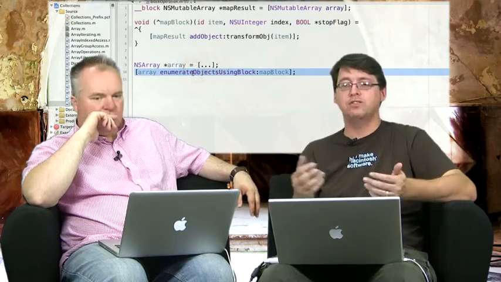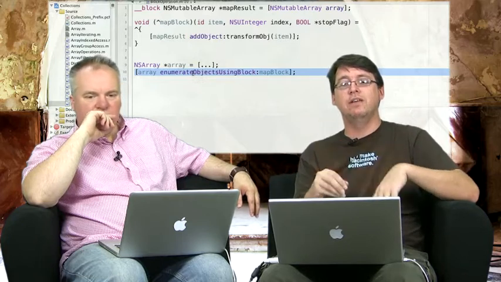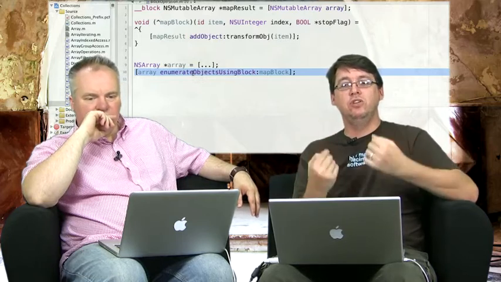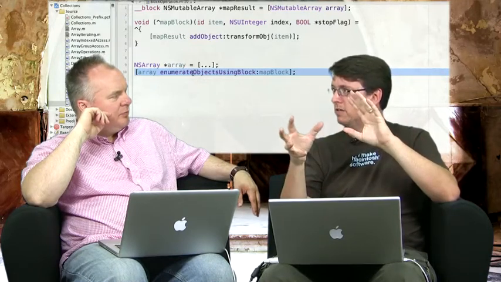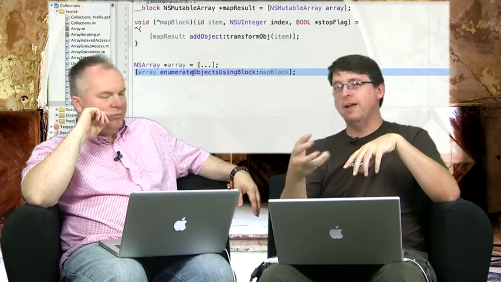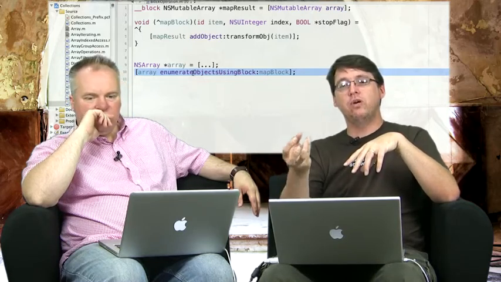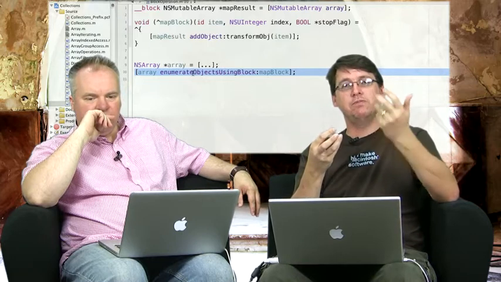So to actually perform the action, we come down here and let's say we've got an array. Again, let's say it's that array of sprites or whatever. We actually just use the method enumerate objects using block, and we pass in that block parameter. And what that will do is it will iterate over each one of the elements inside the array and use that block that we specified to transform that element and then put the transformed element into the map result